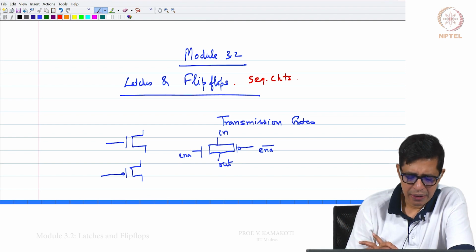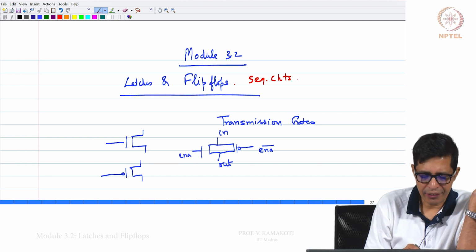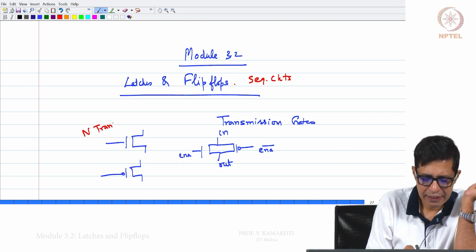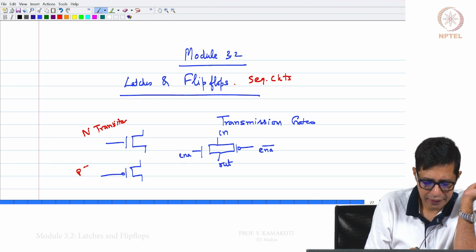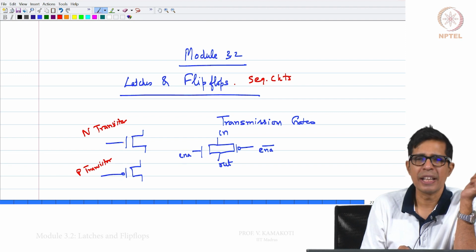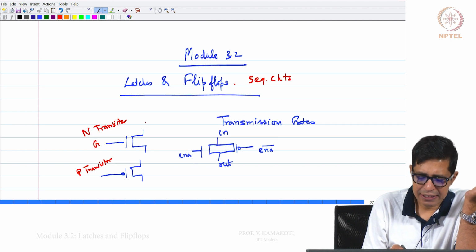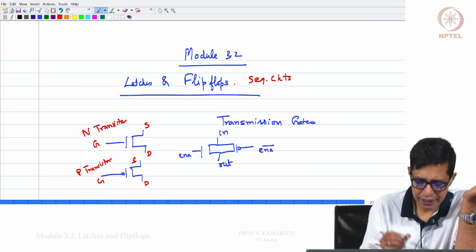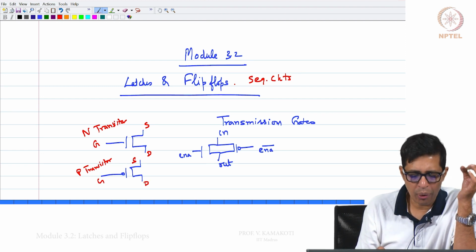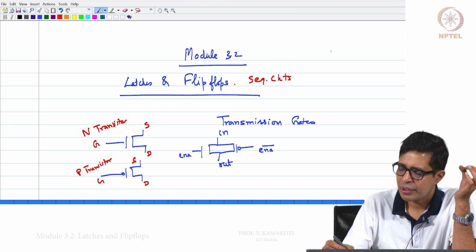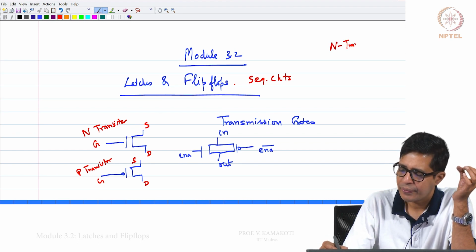First and foremost, we have seen two types of transistors, the N transistor and the P transistor. The N transistor is shown here, we have explained it earlier in this course. For all these transistors there is a gate, a source, and a drain. When the gate is 0, the N transistor is cut off.